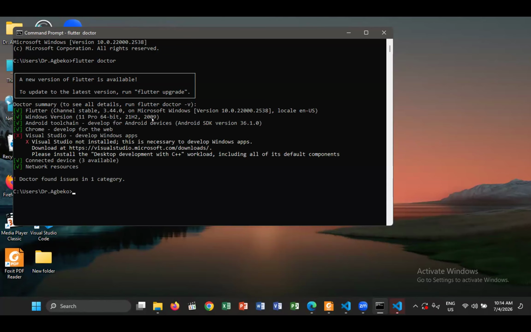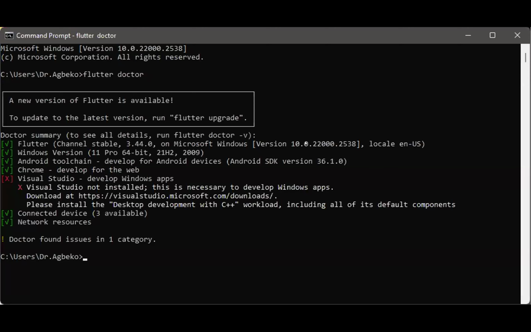Okay. Let me share this again so that you see it. Can you see the command prompt again? Yes, sir, we can see.